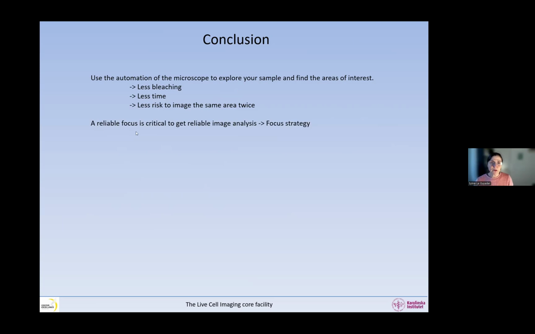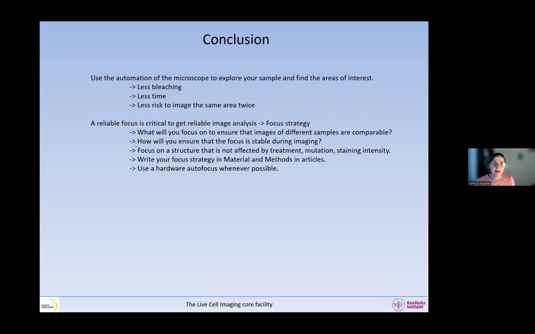It's very important to set a reliable focus so that you get reliable image analysis. So you must establish a focus strategy. The questions that you want to ask yourself are: what will you focus on to ensure that images of different samples are comparable? Even if you have one cell layer,